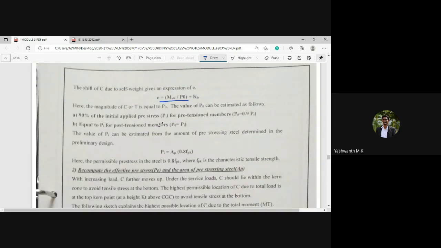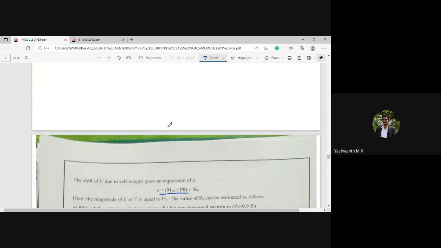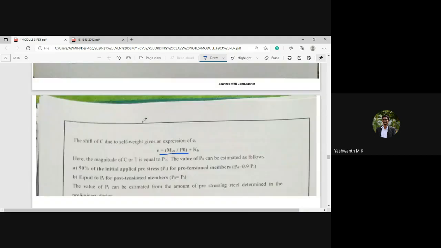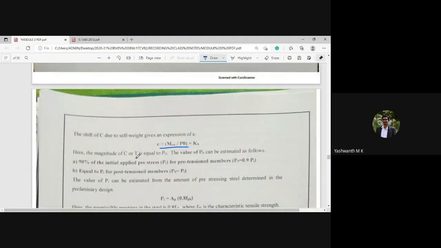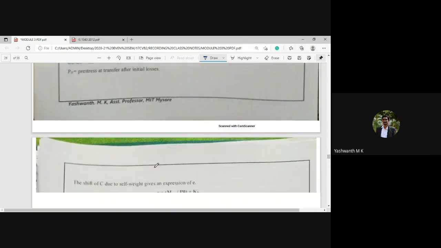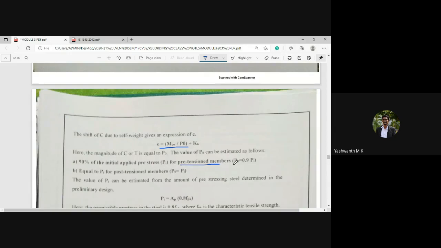Next, here the magnitude of C is equal to P0. The value of P0 can be estimated as follows. Now, for the initial pre-stress, whatever you come across, how do you calculate it? First, for pre-tension members, P0, that is the pre-stress at transfer after initial losses, is equal to 90% of the initial pre-stress.